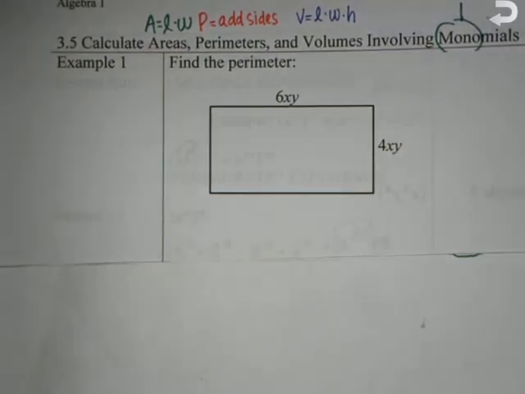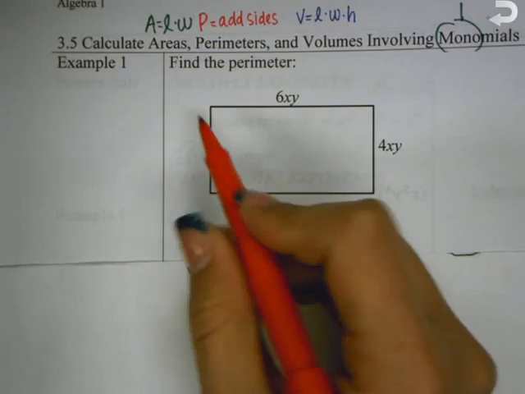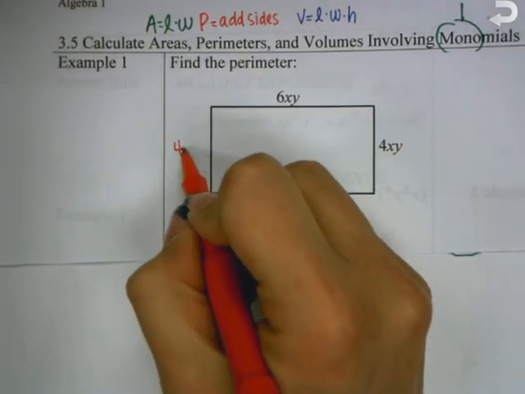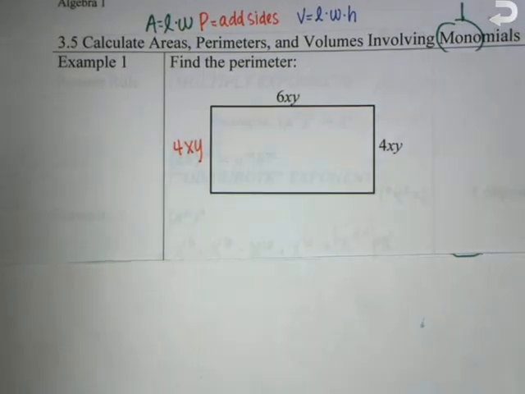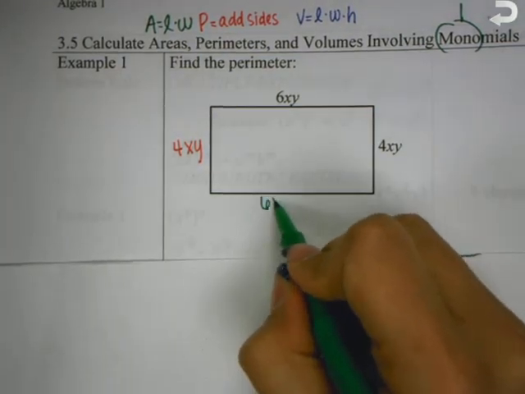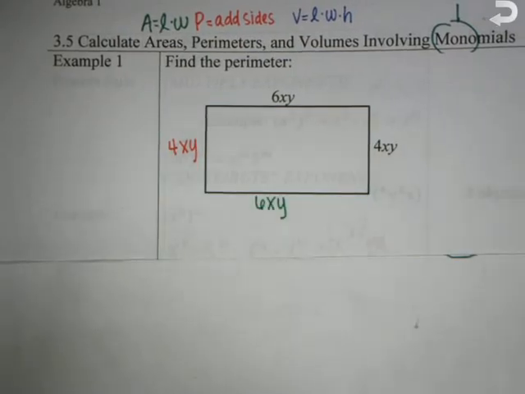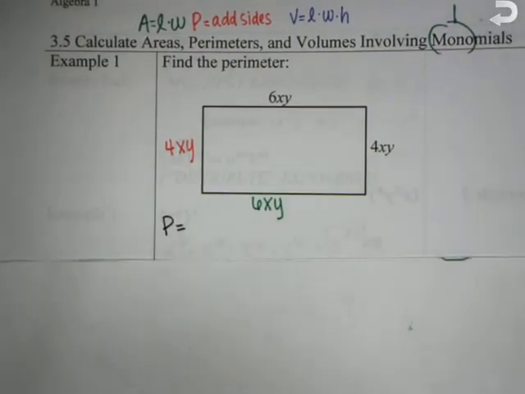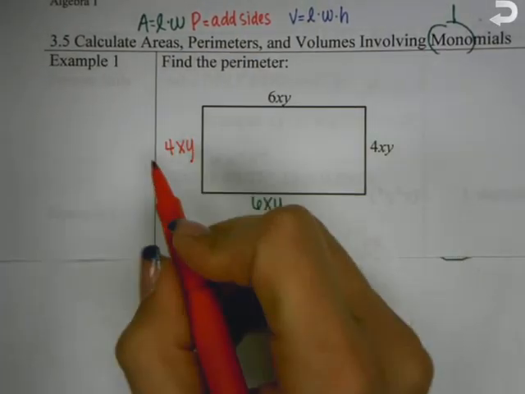Okay, before I can find the perimeter, I need to fill in the lengths of the other sides. If this width is 4xy, what's the other side? 4xy. They're exactly the same. What about the length? 6xy. So to find the perimeter, I just add up all of those sides. So perimeter gives me, well, I'm going to have to show all my work. 4xy